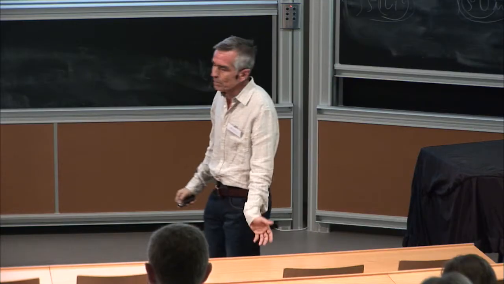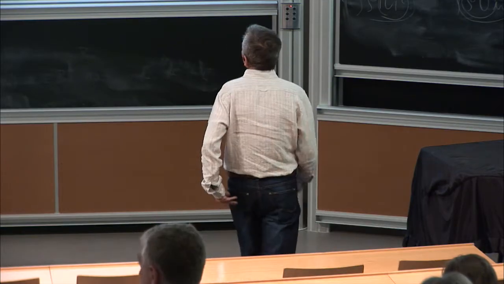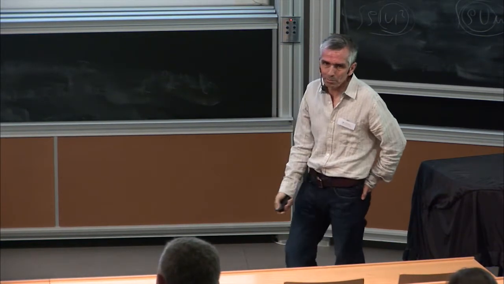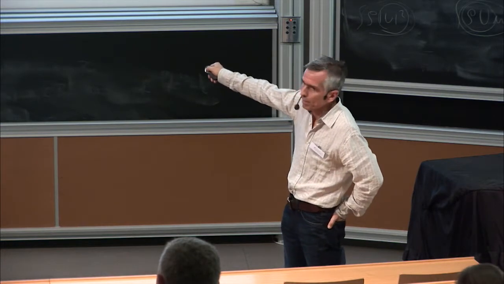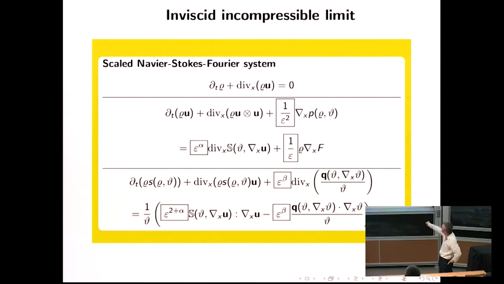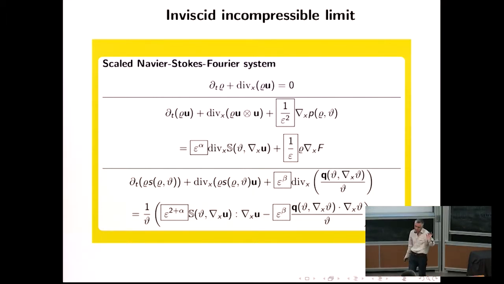Now you may wonder what happens in the limit. What you would expect is that the viscosity will disappear, provided alpha is greater than 0. And if you also take beta greater than 0, these two terms will disappear. So in the limit, we expect to get the Euler system. And in addition, because this is the low Mach number limit, the fluid should become incompressible. The speed of sound tends to infinity, so in the limit you would expect to get the incompressible Euler system, and because of this